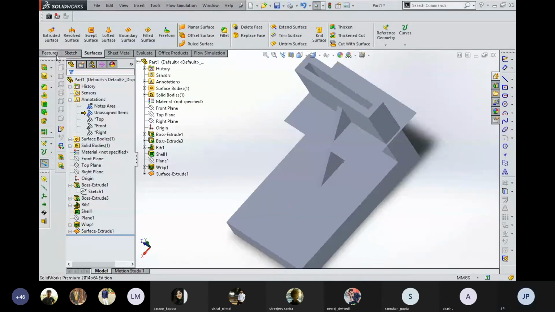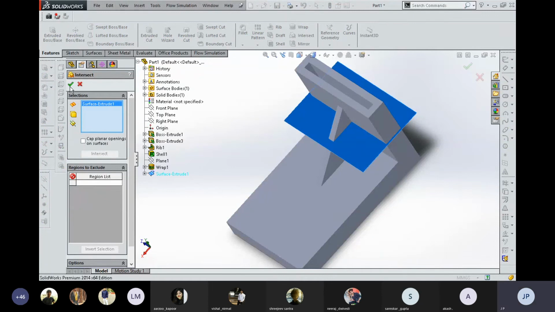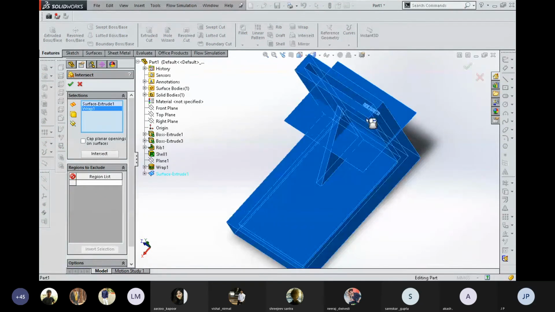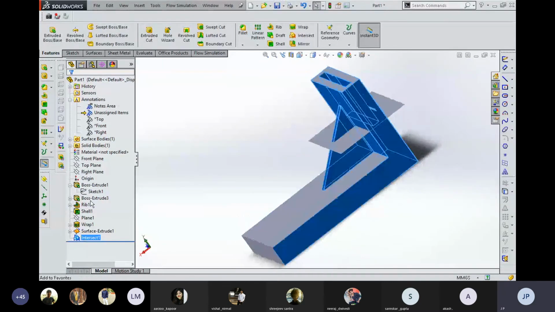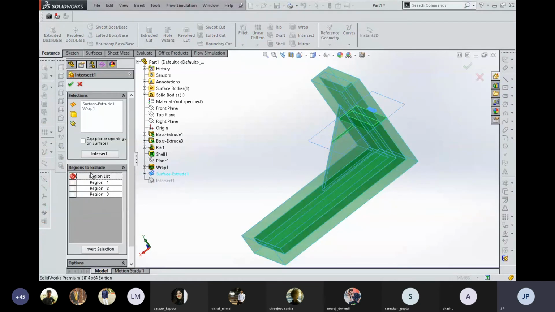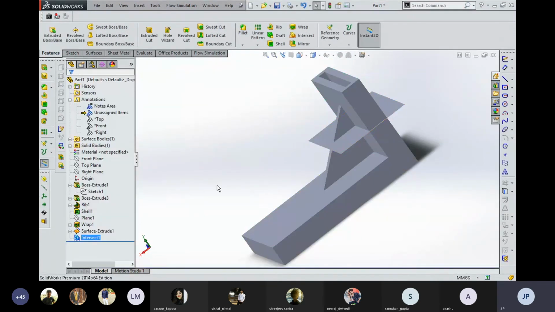Then in case of feature, when you are going to intersect, we need this part and this whole geometry, and then click on intersect. So you can see that actually we are not deselecting which part we need to keep and which we want to remove. Now you can see which part you want to remove from the part. So if you select this part and then click OK, you can see that.